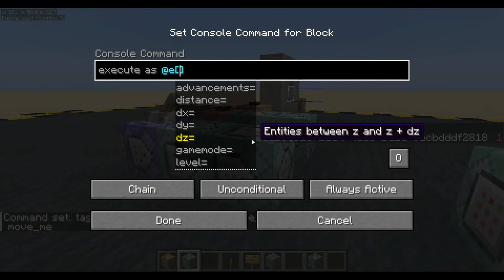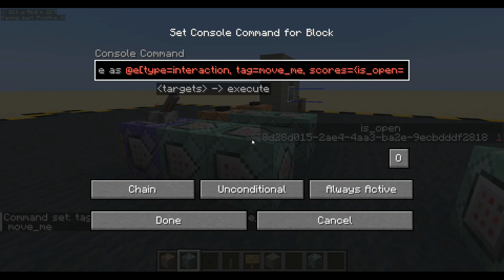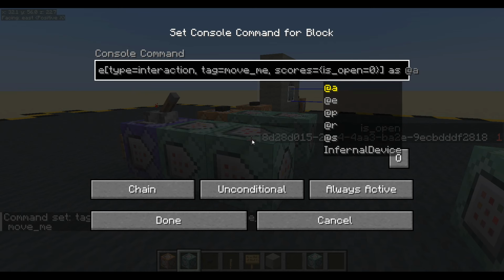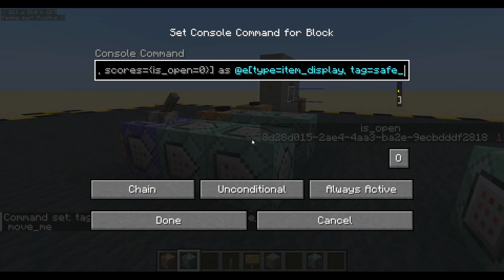Execute as any entity whose type equals interaction, whose tag equals move me. Do we need to check a score? I think we should say scores is open equals, well, we'll just put 0 for now and see what happens. Okay. Yeah, that seems all right, but it's the item display I want to move. So what we should probably do here is change this to execute type interaction, tag equals move me, scores is open equals 0, as any entity whose type equals item display, whose tag equals safe painting,